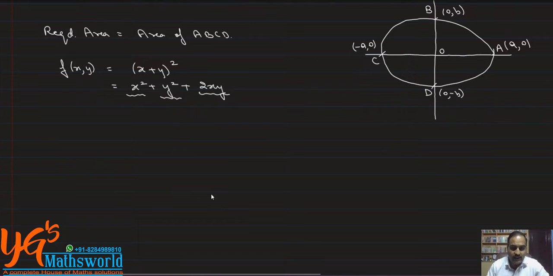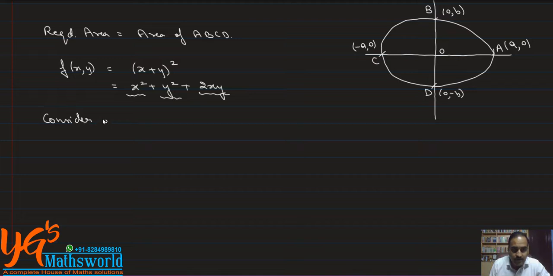Now x square is symmetric, y square is symmetric, but 2xy is unsymmetric. Okay, so that's why we have to take the area about the complete ellipse by taking limits from minus a to positive a and minus b to positive b. But one limit should be dependent and the other should be constant. So I am considering the limits of x as a constant, y should be varying. So for this one,